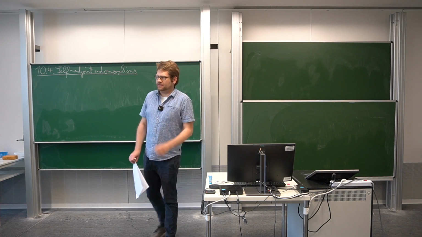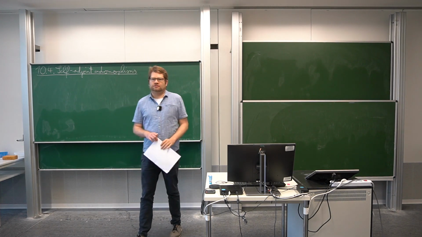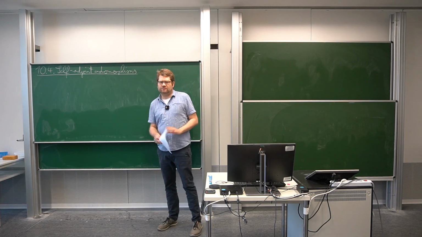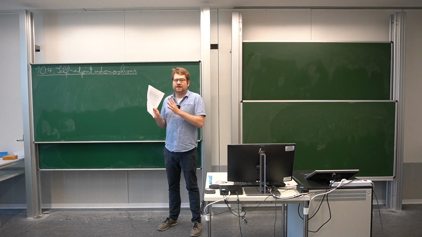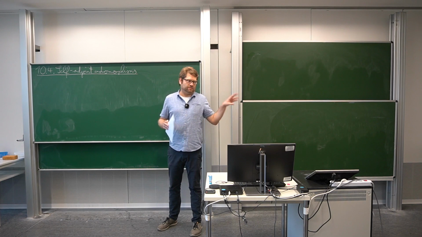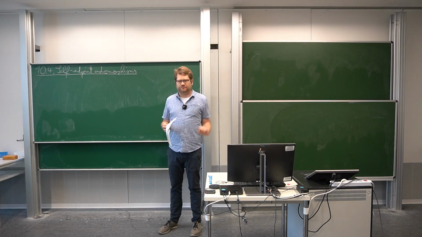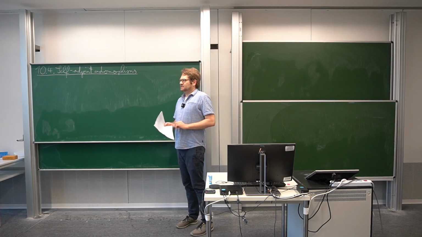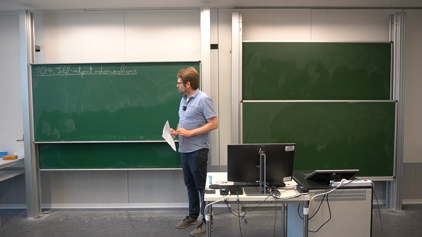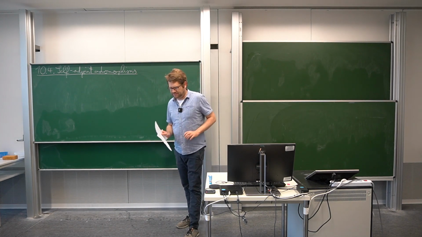Okay, so this time we want to finish up this section on Euclidean unitary vector spaces, inner products, and so on, and actually finishing off the part on linear algebra of this lecture for now. We will come back to this in a few weeks with a little bit of additional algebra, but so far this will be the last thing. And now we talk about so-called self-adjoint endomorphisms. And the motivation for this is actually